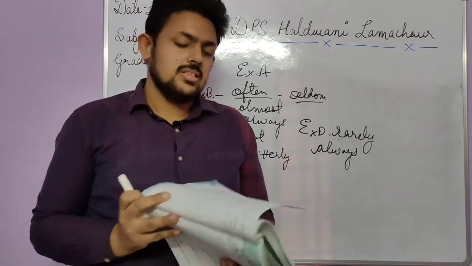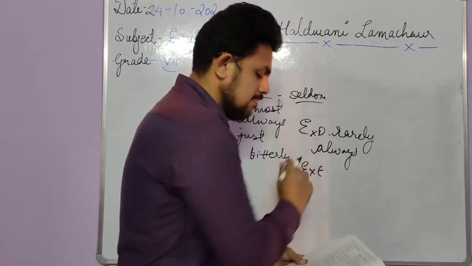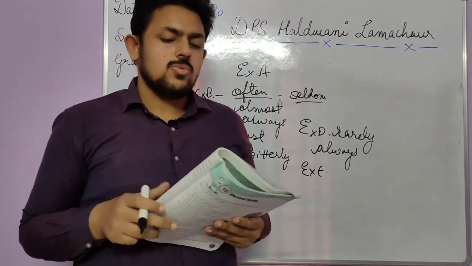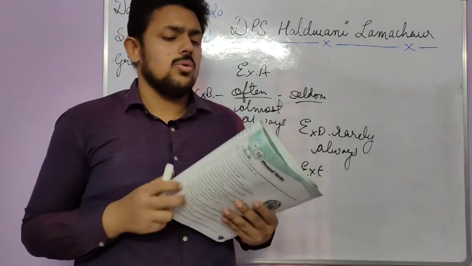These are your words, sentences. Now exercise E. Exercise E. Very simple it will be. Choose the correct words from the brackets to fill the gaps. First one I will do for you, rest you will do on your own. She stitched the clothes